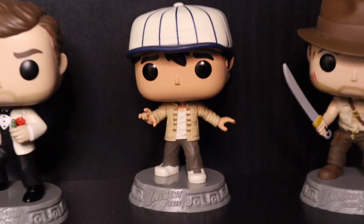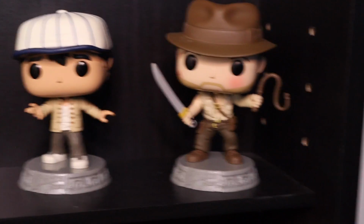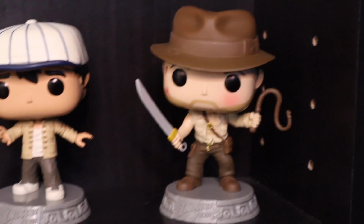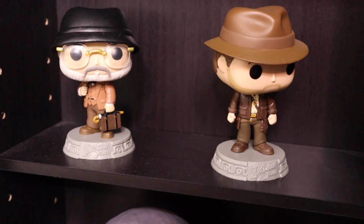Then we've got Short Round, played by Ke Huy Quan. This is an exclusive from this past summer. And then this is the common Indiana Jones Pop from Temple of Doom. So I've got a Temple of Doom section and a Raiders section. And then if we come all the way back down to the left, I've got what I call the Last